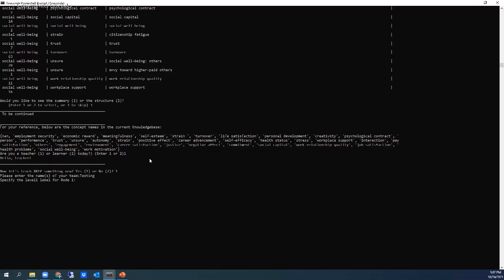Specify the level 1 label of node 1. As I mentioned, each node is a real-world entity or concept, and we use multiple levels to label the taxonomies of each concept, so it could be organized in a relatively structured format in this knowledge base.